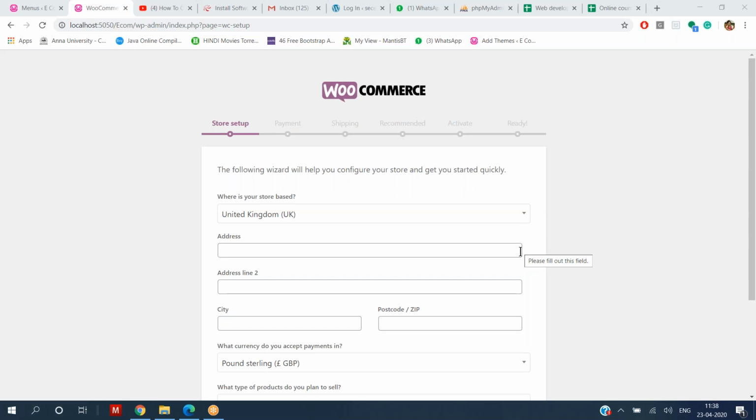Sabarish, what is the issue? Why are you not getting store setup? Kanavai, what is the issue? You must get store setup. Harini, can you tell what screen you are getting now?